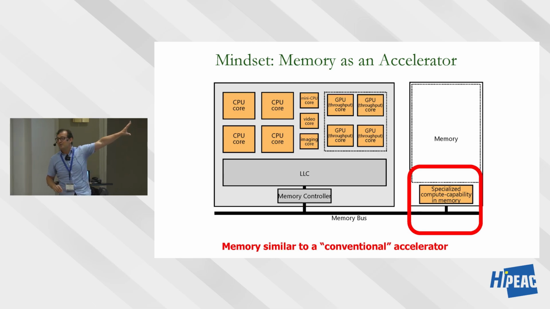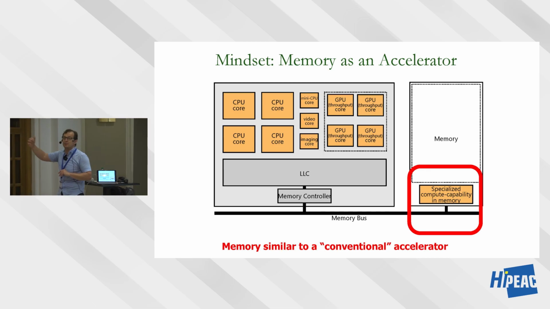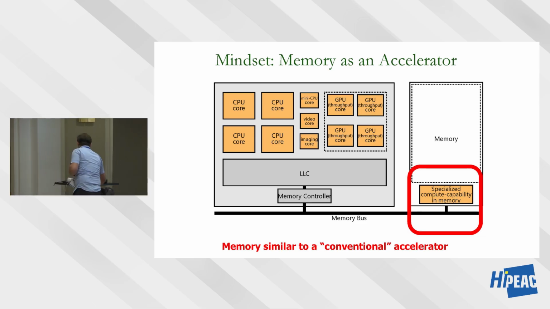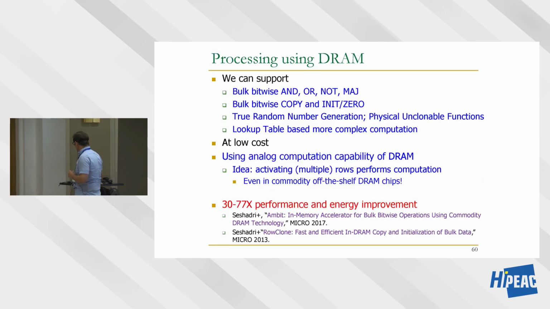But today, I think if you want to get things adopted, it's a lot easier to make things an accelerator. Meaning, we're going to treat memory as an accelerator. We're designing a lot of accelerators, clearly. Why not have some accelerators on the memory side, or different parts of the memory? So that's the idea over here. And this way you can program it more easily as opposed to going to a completely distributed paradigm. Okay. So what we're going to examine first is processing using DRAM in main memory. And this is called PUD, or processing using DRAM. So let me give you the very quick overview.